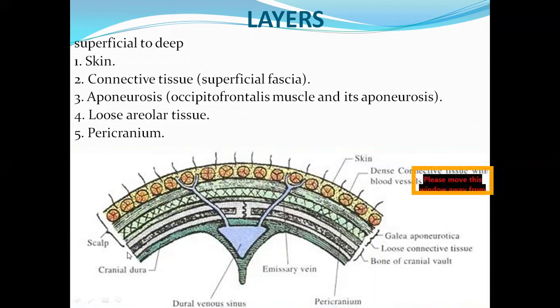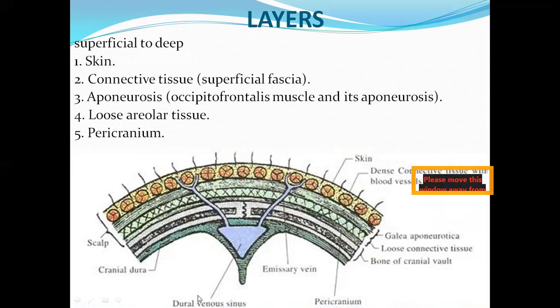You can check in this picture also. This is actually skull bone, the bone of the cranial vault. Try to appreciate this in your textbook when you study. Just above the skull bone, you have the covering of the skull bone, which is pericranium, the fifth layer. As you move up, this area is loose connective tissue. As you move up, you have the next layer, that is the galea aponeurotica, epicranial aponeurosis is the other term. Here we have a muscle called occipitofrontalis. As you move up, we have connective tissue, and above which we have the skin.